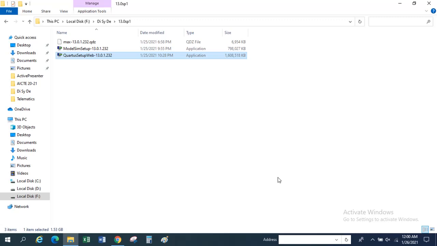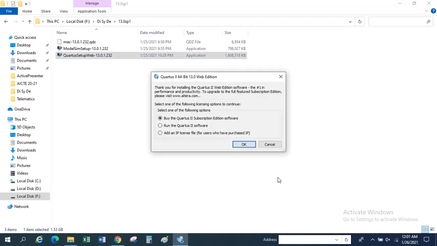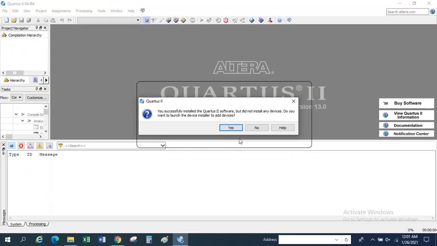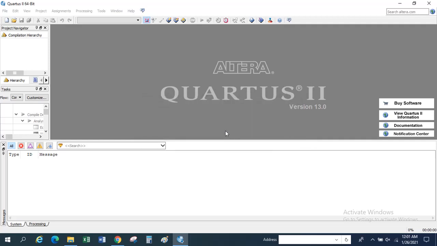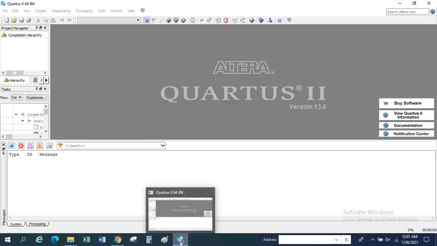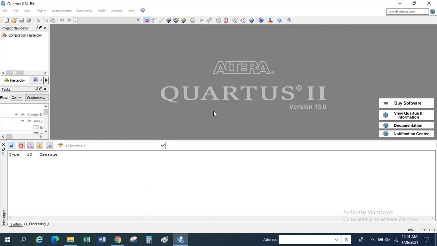And as soon as you start download, it will ask you for this. You have to check out as a second one, run Cortex 2 software. Then you say OK. So this is what I was fearing. My Max 3000 file isn't properly downloaded, and that is why this message is coming. So it means that I have to download that file again. And that is why my Cortex 2 is not able to function properly.